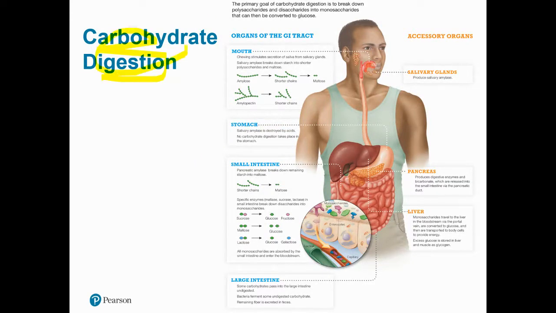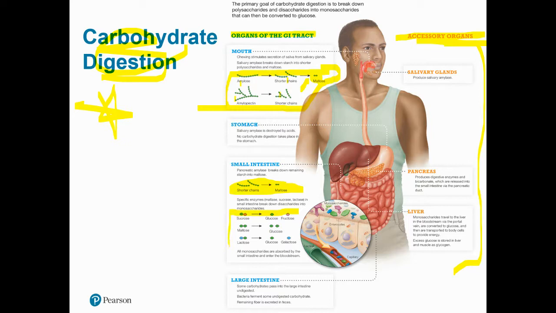This, again, I apologize, I erased the name of the chart or what number it was, but this is a really helpful chart, I think, just going over carbohydrate digestion. Remember, this over here is just really review from chapter 3. And then over here, this I think is just helpful to show you the visual of amylose being broken down into shorter chains, amylopectin being broken down into shorter chains, and then ultimately into maltose, and that's in the mouth. Some of that still happens also in the small intestine, but then really in the small intestine, we